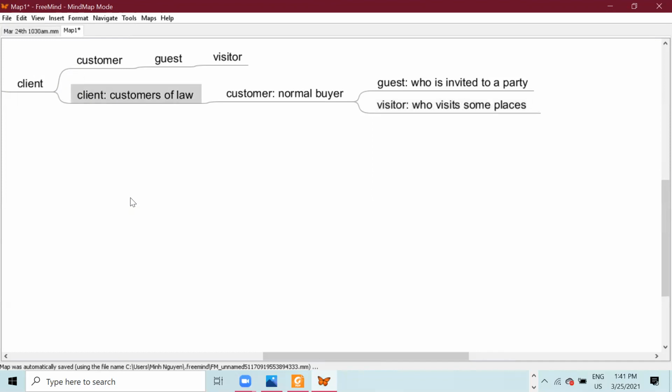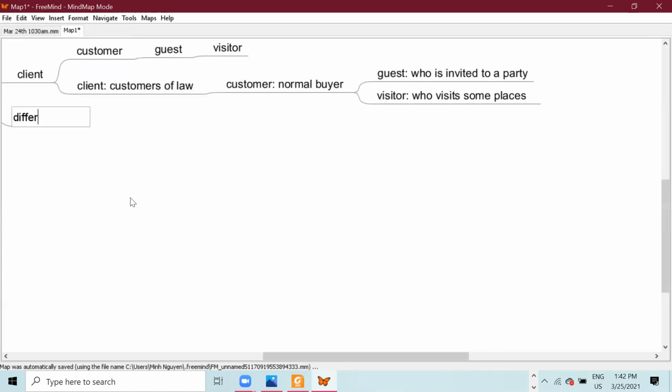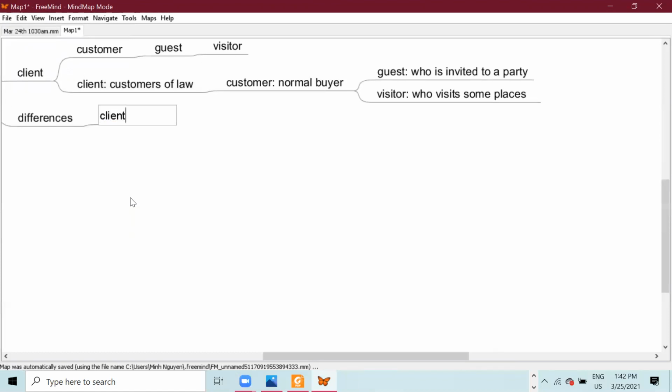Okay, your knowledge about the differences among client, customer, guest, and visitor is only about 20% correct in the definitions of the words. Let me show you. If you want to know the differences, first, a client is long term and loyal. The types of customers who always buy your service or your product,